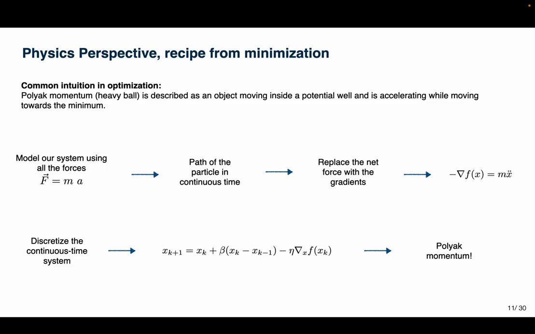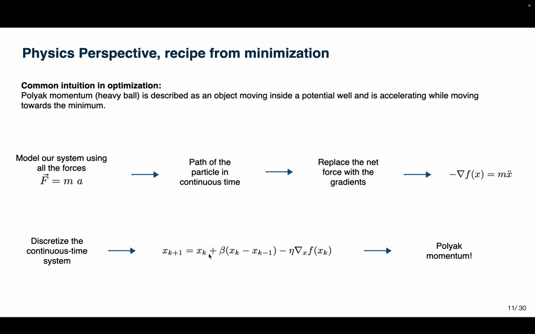So this equation gives us a path of the particle in continuous time. We can replace the net force with the gradient. So we just assume that the particle is inside this potential well, and the gradient is basically applied to the particle. Now, given this continuous time equation of motion, we can discretize it and we get the Polyak momentum optimization